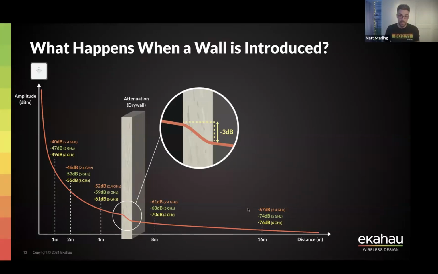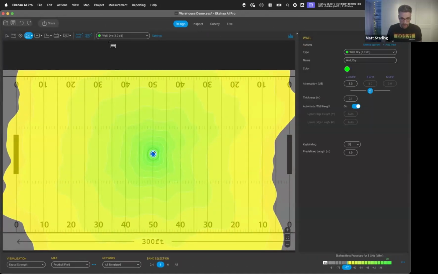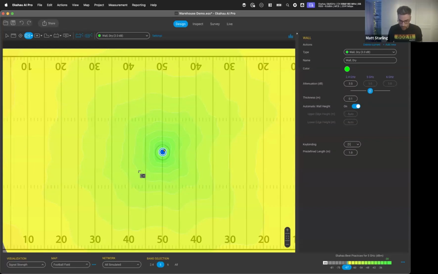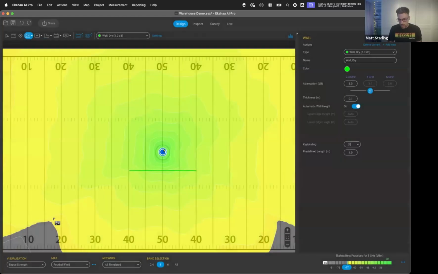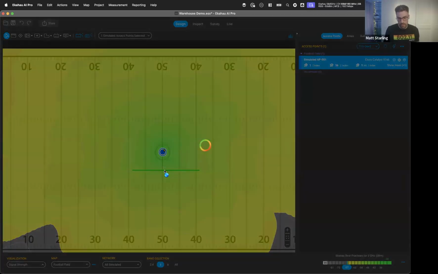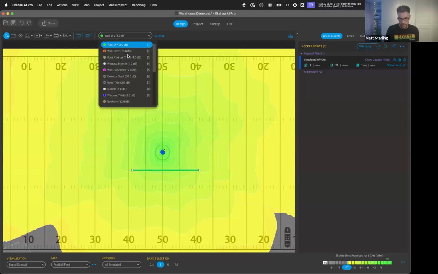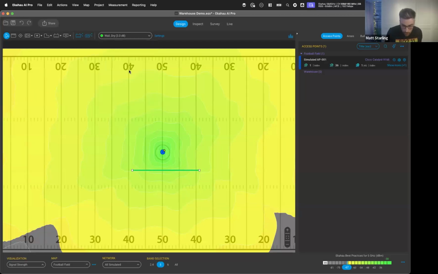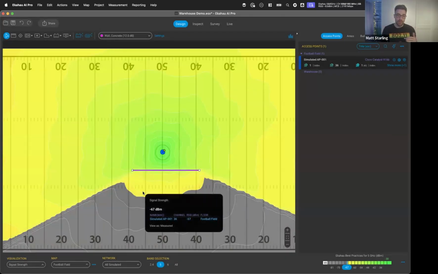So that makes it minus 70. I'll just give you a quick example in here too. If I was to grab a wall and I've got a drywall here, and if I just zoom in a little bit and simply draw a wall, you should see the heat map starts to change. It didn't change too drastically with a 3 dB drywall, but if I was to change this drywall from a 3 dB drywall to perhaps something like a concrete wall, that's 12 dBs, you can see that has a big impact on the coverage coming from the access